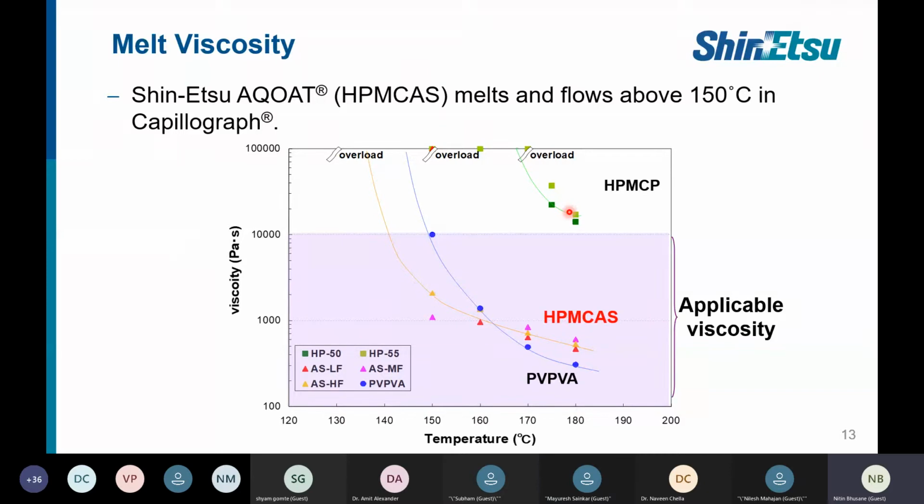Whereas in the case of HPMC acetate succinate, the melt viscosity starts from around 1000, or it can go even below 1000 if you run at 160 or 170 degrees Celsius. But generally people run the equipment based on the Tg of the drug or the melting point of the drug. Somewhere they can target a process range around 120 to 140, or 150 up to some extent is still acceptable for HPMC acetate succinate.